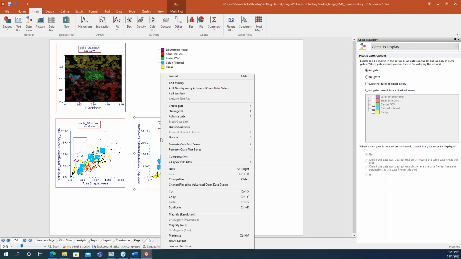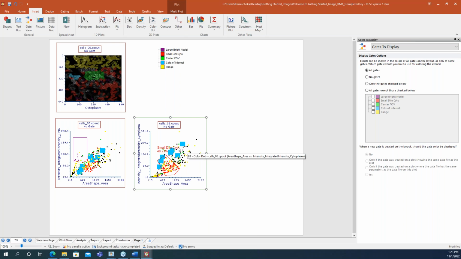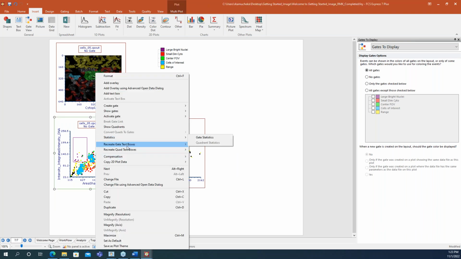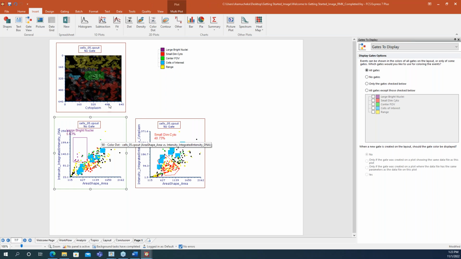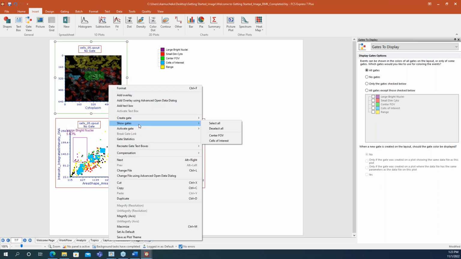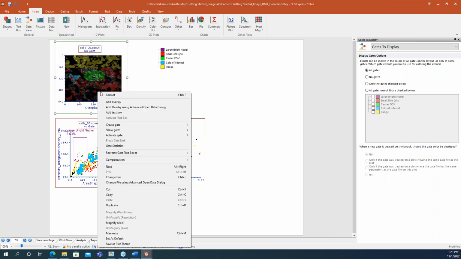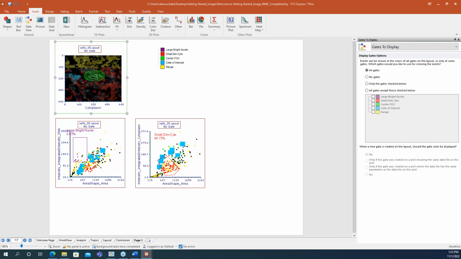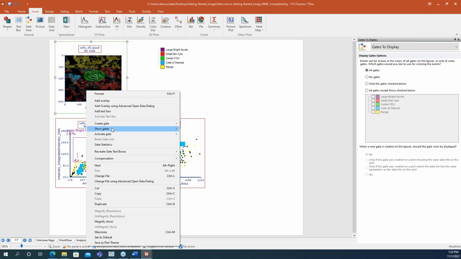So we can see our gate placements. Oh, if you do have to do a show gates, a good thing to note is I can recreate those gate text boxes. So by right-clicking, I can select recreate gate text boxes and then select all, and then I'll have that statistic here. So I'll go ahead and recreate this other gate text box as well. Then I will do a show gates here for my two populations, and then recreate all of those